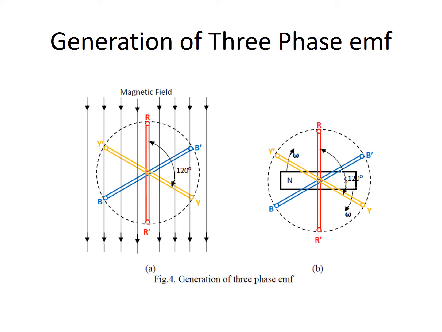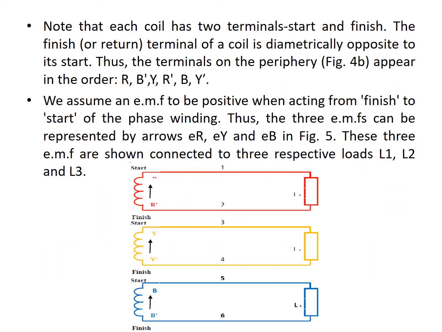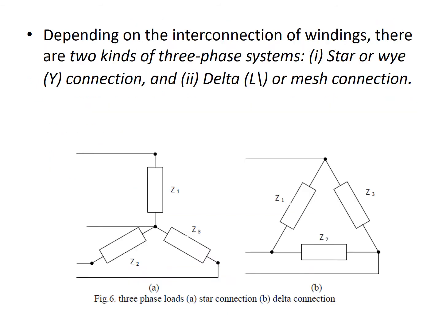So here, with the stationary magnetic field, when the three sets of windings are rotating, there is a change in the magnetic field linking with the conductor. Whenever the flux linking with the conductor changes, EMF is induced across the conductor. So if you collect the output from the three sets of windings, we get three sets of EMF. And how are the three windings arranged in three phase? Either in star connection or delta connection. Star connection means three windings are connected in Y shape, and one end of each of the three windings is connected to the neutral point.